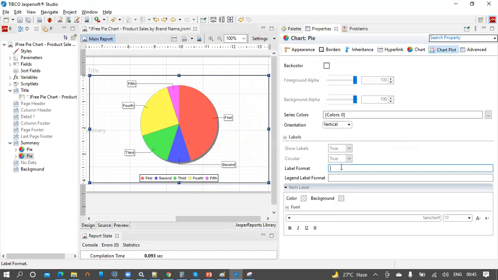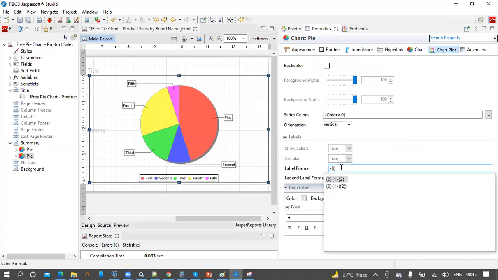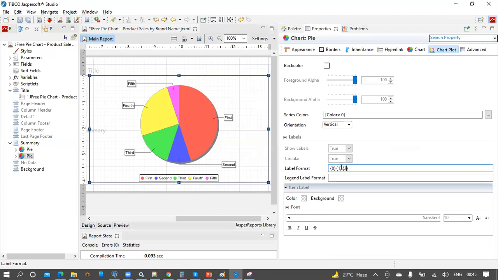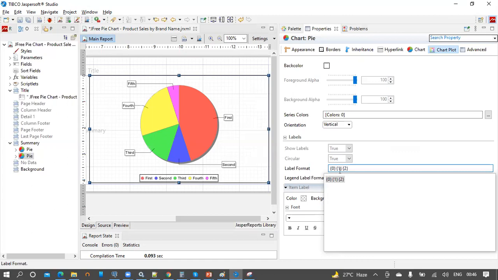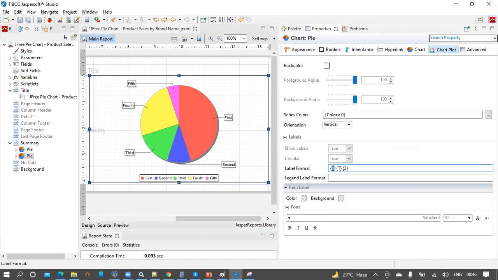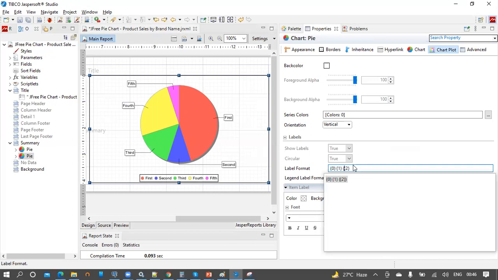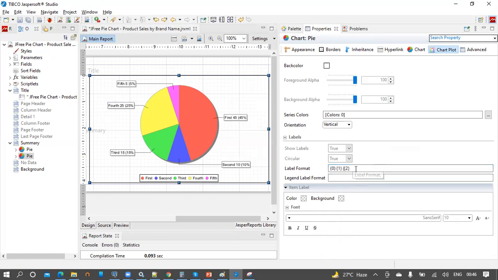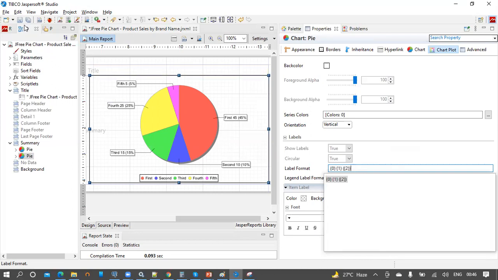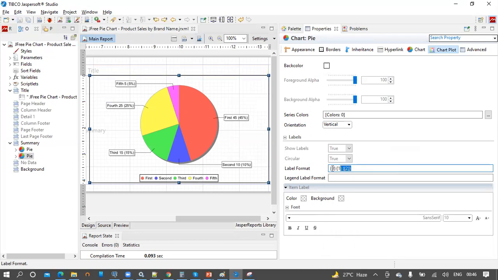We represent the label with 0 within curly braces, and 1 and then 2. So 0 means the category name as label, 1 represents the value of the slice, and 2 represents the percentage of the slice. So let's give it the differentiation. As soon as we give these properties, we can see the labels change on the design.